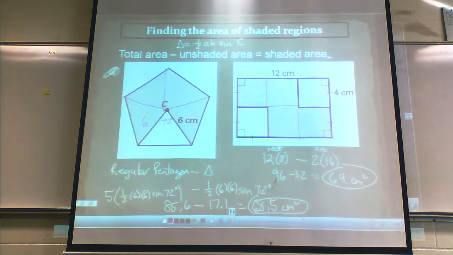If you can find shorter ways to do them like that, as long as it makes sense in the work you're doing, that's fine. The subtraction thing will work every time. But if you realize these things are broken up evenly like these two were, and you just want to multiply by however many parts are shaded in, that's fine. You're going to get the exact same answer. Okay, so that's all we're doing, because these 2 days are usually